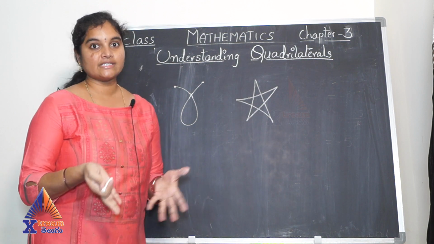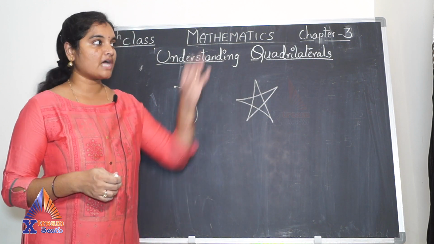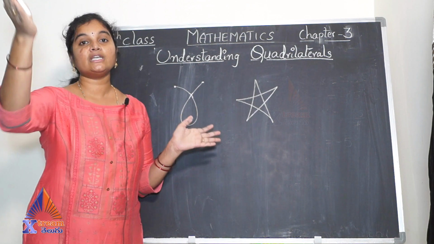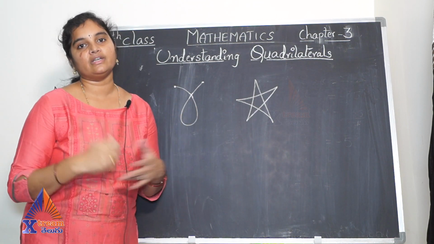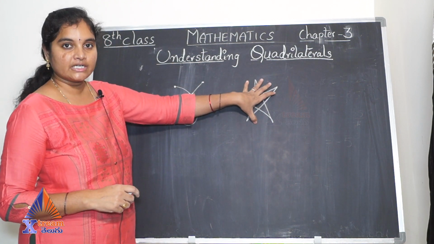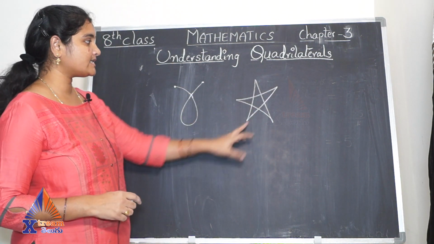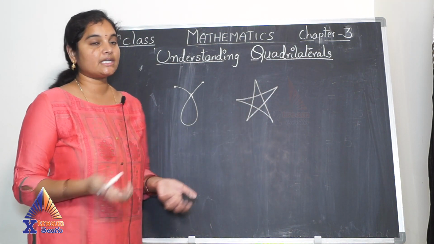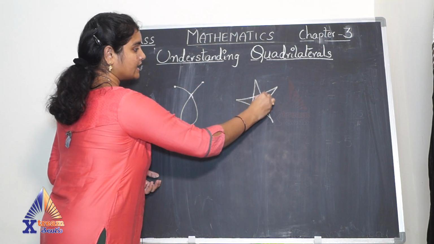The highways, I can take, they are open figures. They start somewhere and end somewhere. That means the starting point is somewhere and the destination is somewhere. They are like open figures. Now, as I said, this is not a simple closed figure. This is a little bit complicated because all the lines are getting intersected.